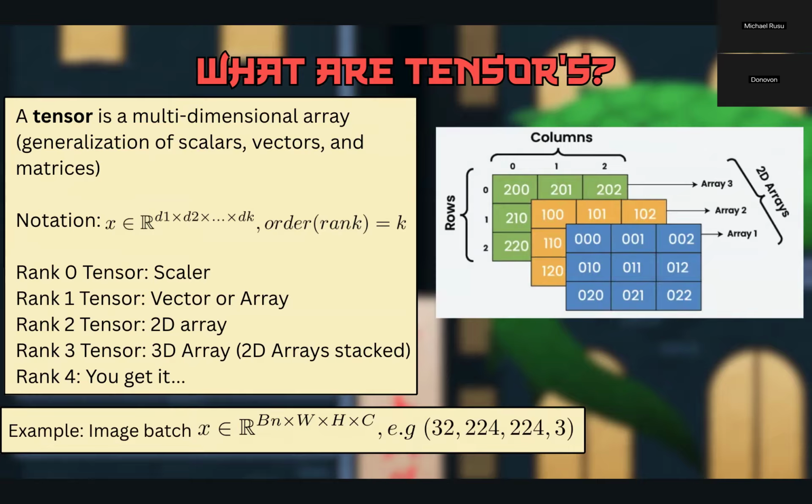And rank 3 tensors are pretty much, you take a 2D array and you stack another 2D array on top, and then you stack another one. So a good example is something like this. You have a 2D array right here. Let me zoom in here. This little 2D array, with columns and rows, and then you just stack them upon each other. And this would pretty much just be a 3D array.